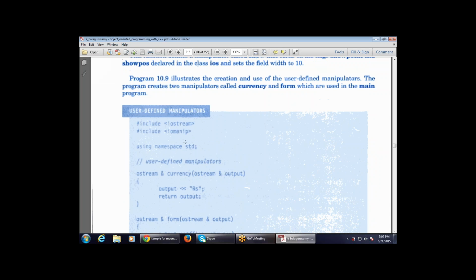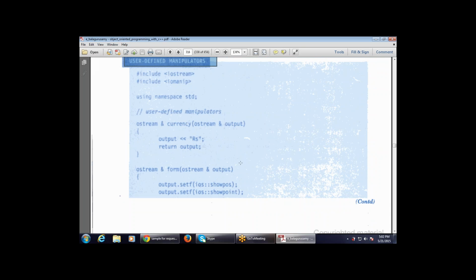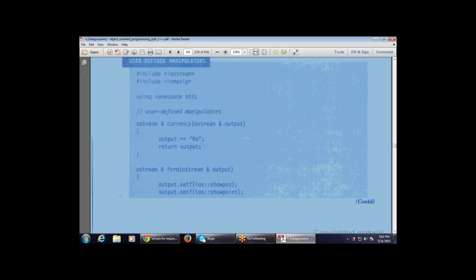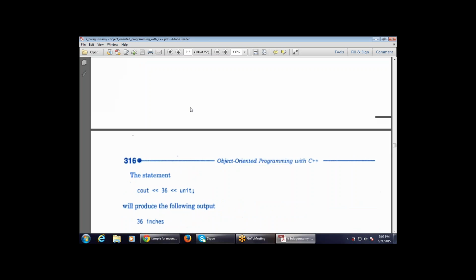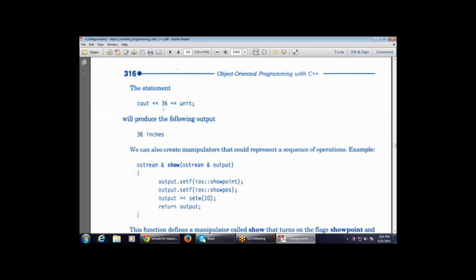This is a program that is available. So first of all, understand this program and then move to the practical approach, that is how to create our own user defined manipulator. So let's see the program, then move to the practical approach. This is the example that is given, continuing with this page, that is a hidden page. Now there is a cout 36 unit, that is 36 will be allocated as a unit